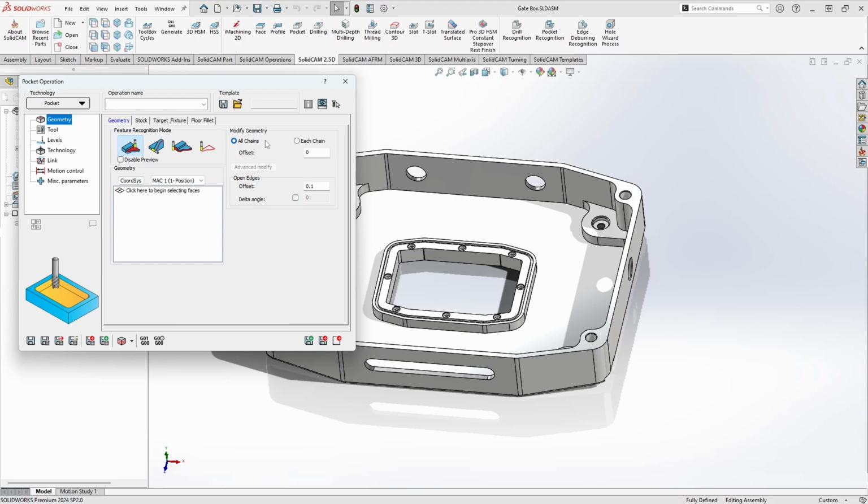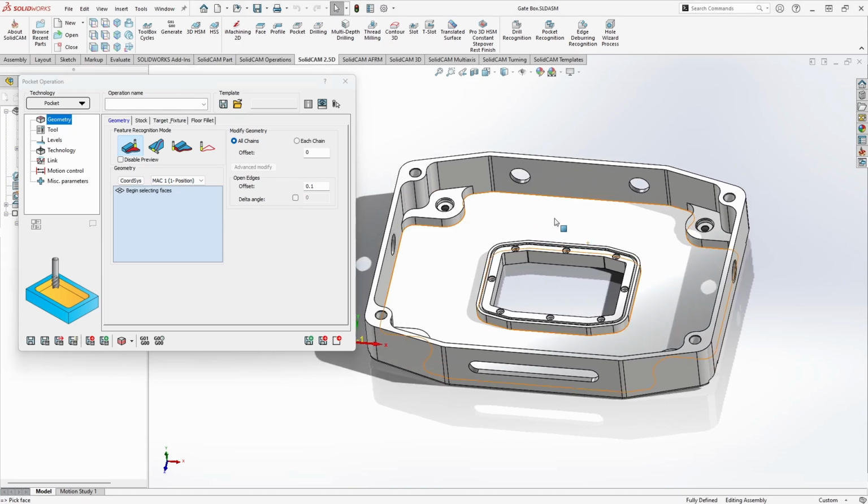Let's start off with one of our simpler options, and that's going to be our face-based feature recognition option. You can see in the box below it says click here to begin selecting faces, so we'll do that. And now we can start selecting faces on our part that we want to use to define our geometry. For example, let's select this bottom face of our part. We can see that it's auto-populated in the geometry tab here, and if we wanted to, we could grab other